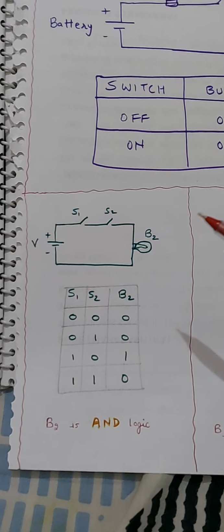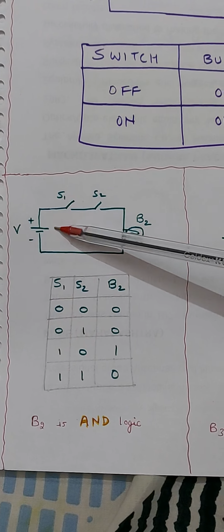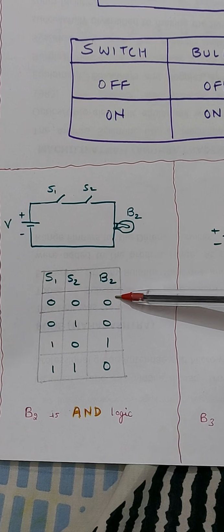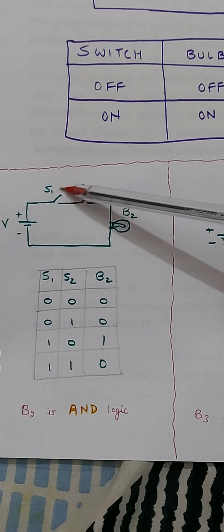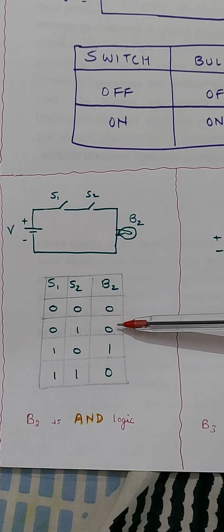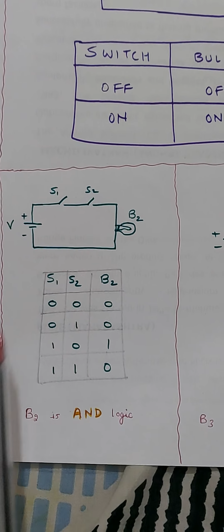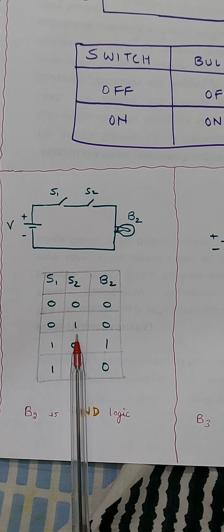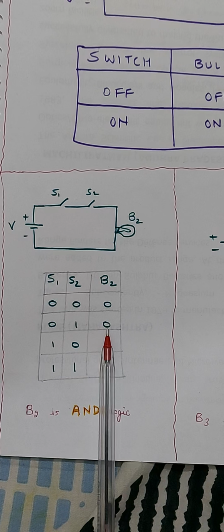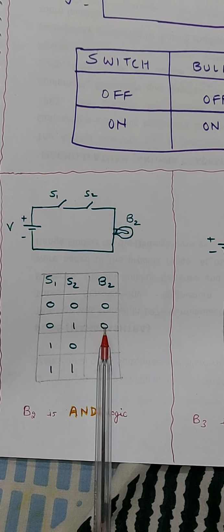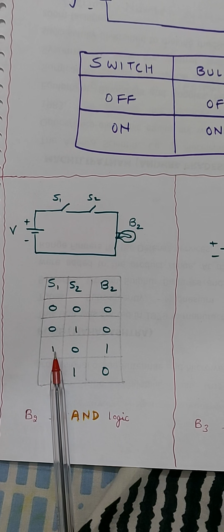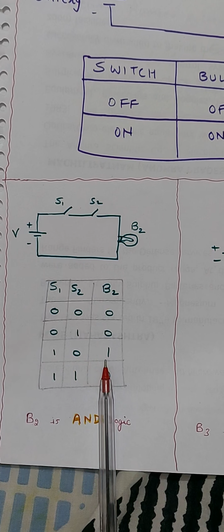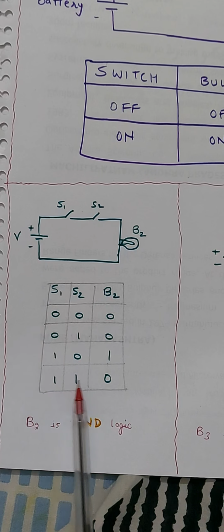Now let us have another circuit example. In this, two switches are there. When both the switches are off, the bulb will not light up because there will be no current flow. In the next combination of switching action, we keep one switch off, another switch on, gives us the bulb in off condition. Then we put switch 1 on, switch 2 off, again it will be off. When both the switches are on, then only,